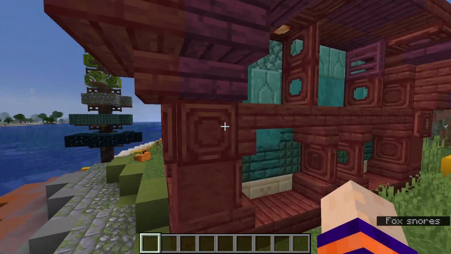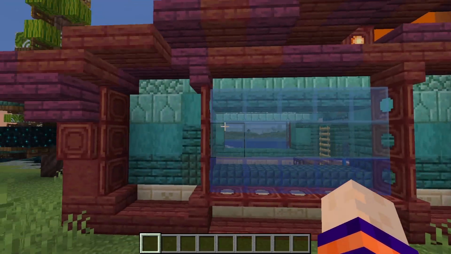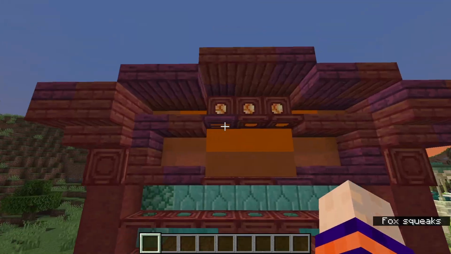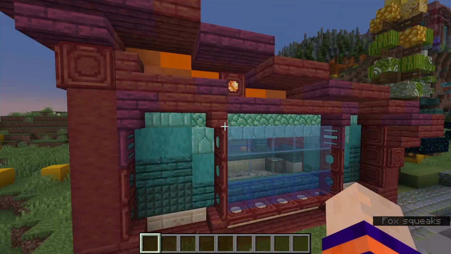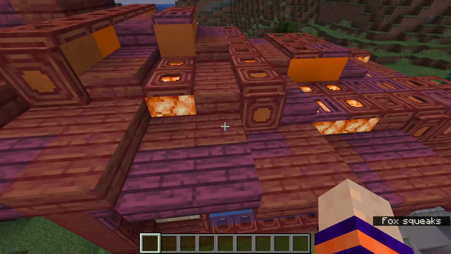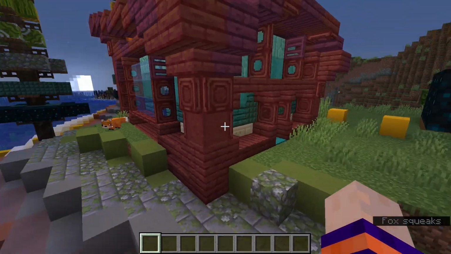This is what the house looks like all around this. I did some nice gradients in the windows again. Alternated some blue and orange complementary colors, as well as the red and a little bit of magenta in there. On the inside,